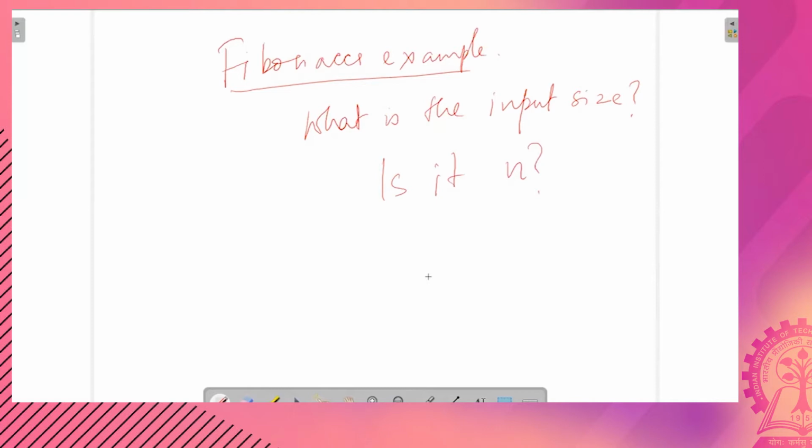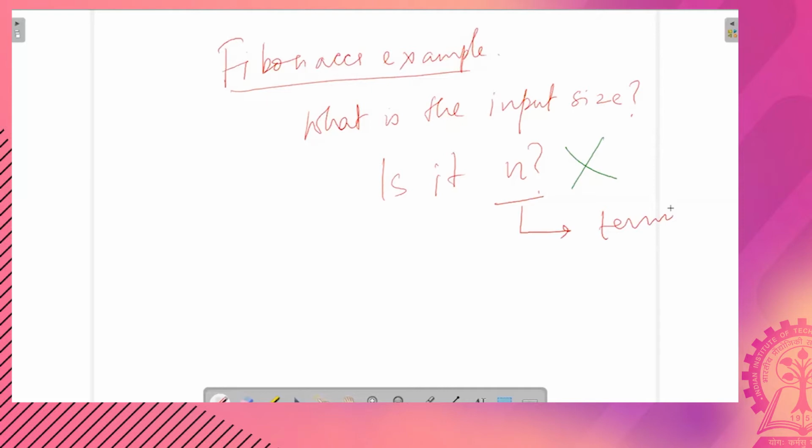In this case, note that this is not n, because n is the term for which you want to compute the Fibonacci value.